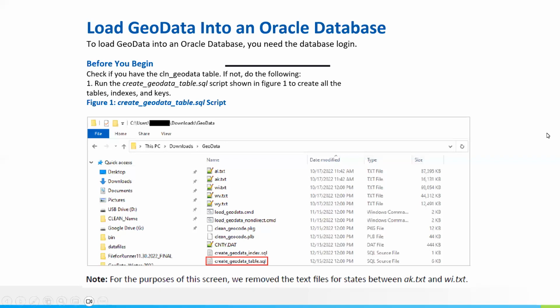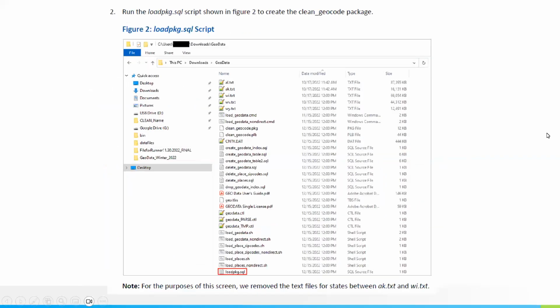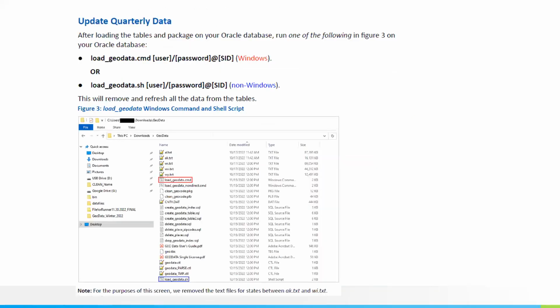Next. And that's the full contents that you can forward on. So you just run the load data and it will populate your data for you.